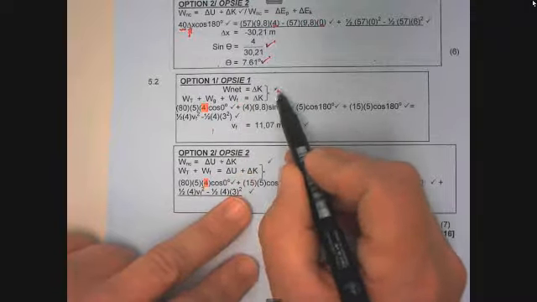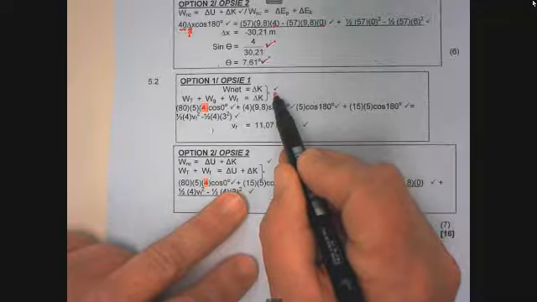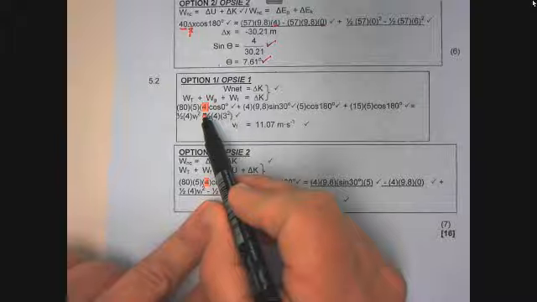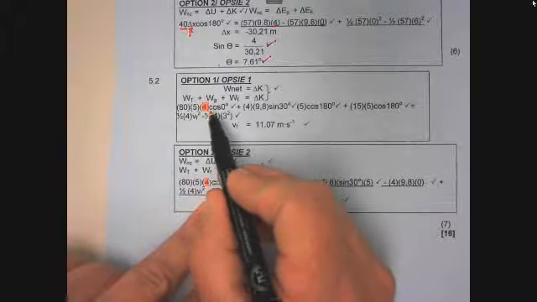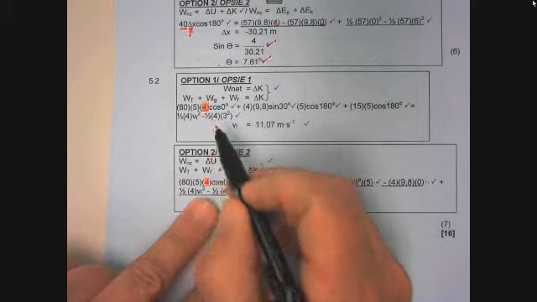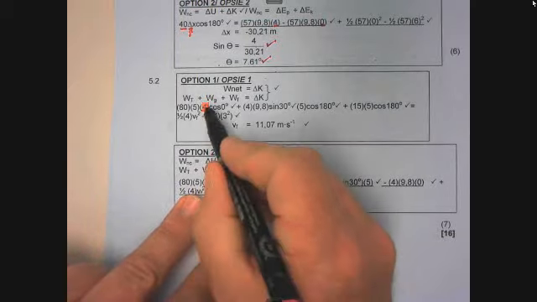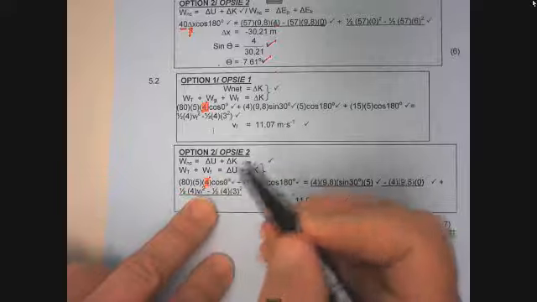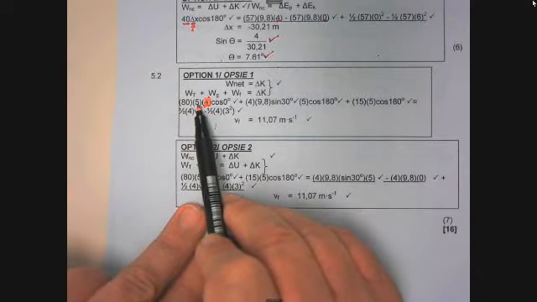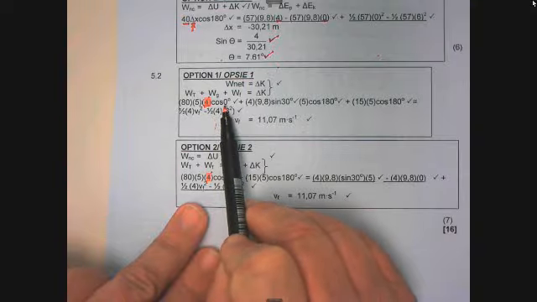Again, 1 mark for one of the 2 equations, and then there's an errata in this question, so please just remove that 4. The answer is correct, but somehow this 4 has crept in, so please remove that 4 in both options. So then the work done by the applied force is 80 times 5 cos 0, because it's working in the